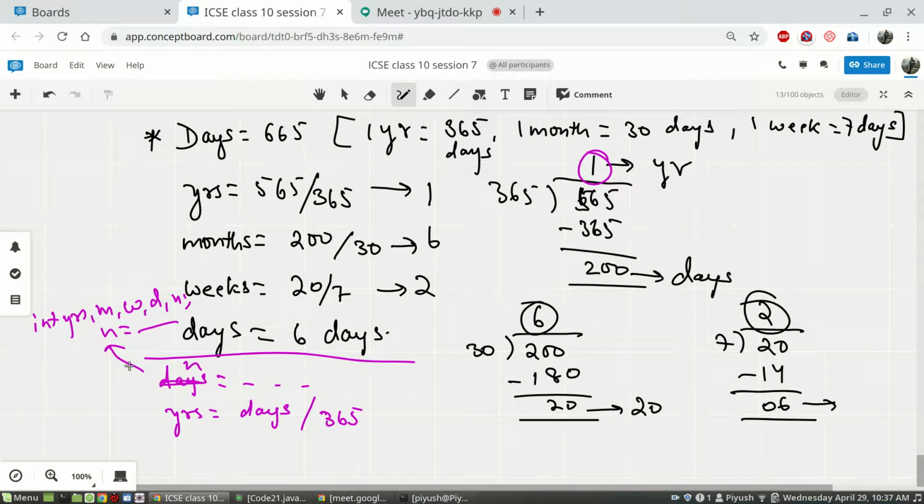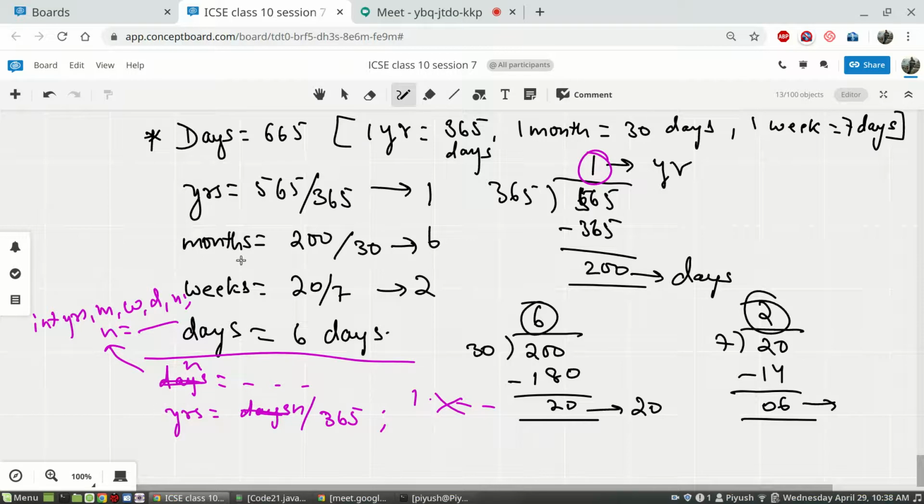So now you are finding years. In years you will divide by n. n is the number of days entered by the user. This will give you the answer 1 point something, but because both n and this 365 are integers, the highest data type involved in this expression is integer. Therefore, though the answer will be 1 point some years, it will exclude the decimal part. So years will always get the quotient part of the division process.